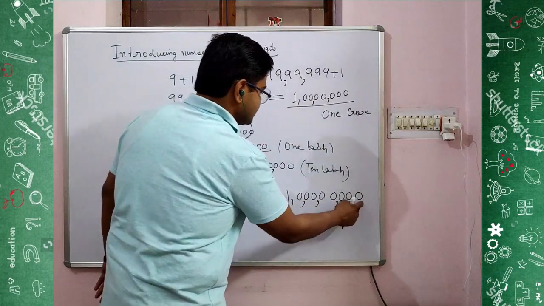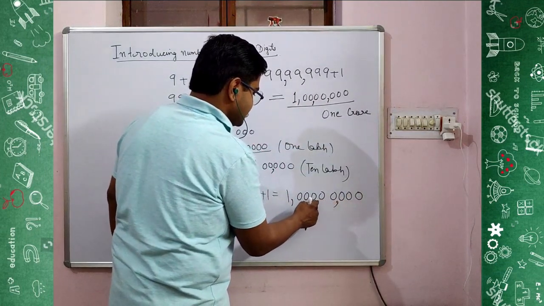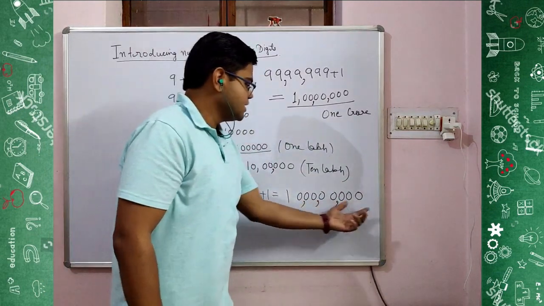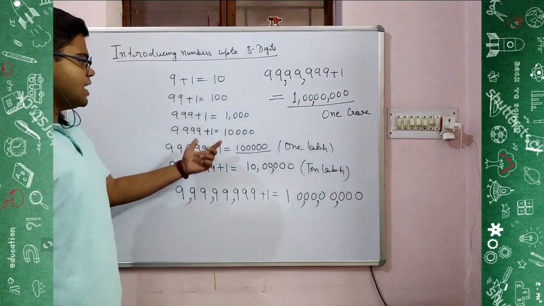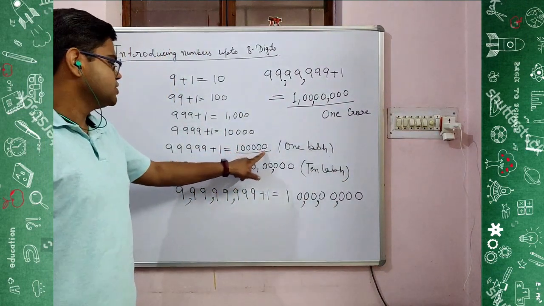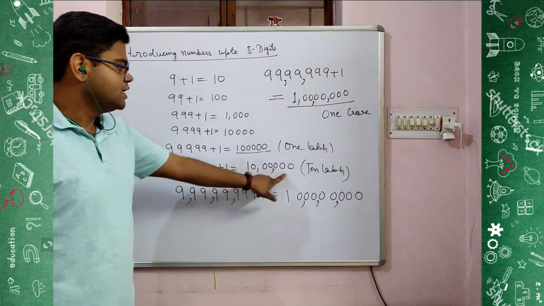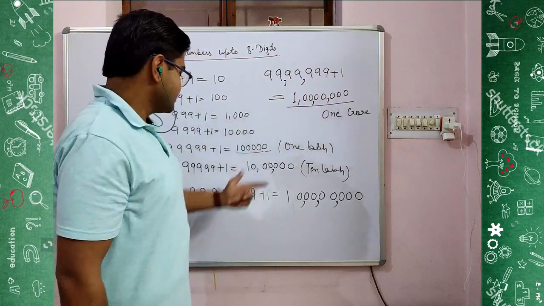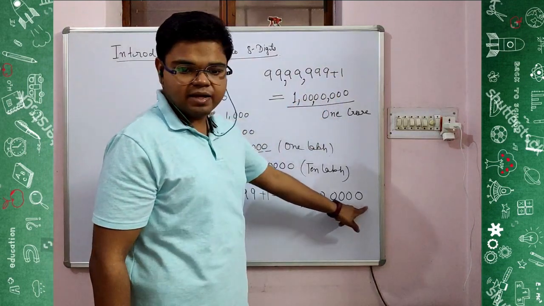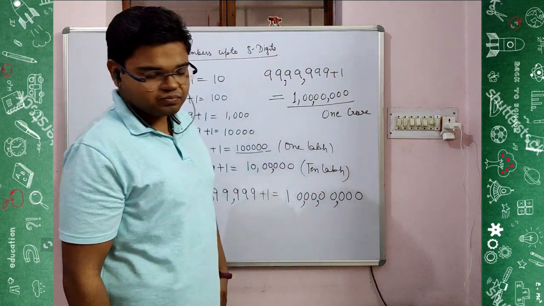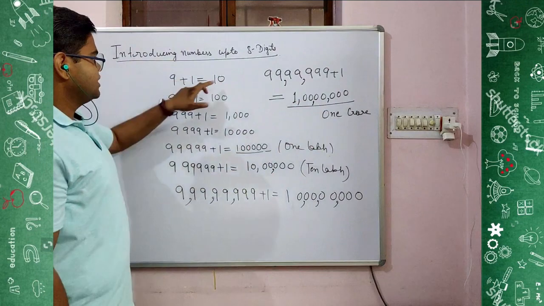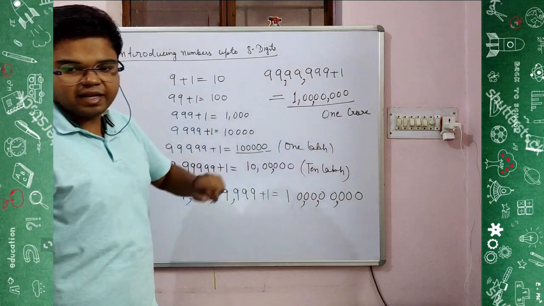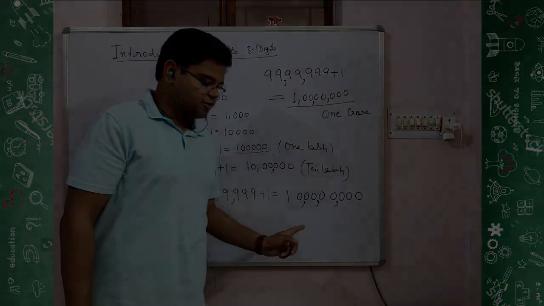So this is your ones, tens, hundreds, thousands, ten thousands, lakh, ten lakh, crore, ten crore. So this is your 9-digit number. In 1 lakh, 1 is followed by 5 zeros; 10 lakh, 1 followed by 6 zeros; 1 crore, 1 followed by 7 zeros; 10 crore, 1 followed by 8 zeros, children. So this is your 2-digit number, 3-digit, 4-digit, 5, 6-digit, 7-digit, 8-digit, and 9-digit number. I suppose this is clear to you.